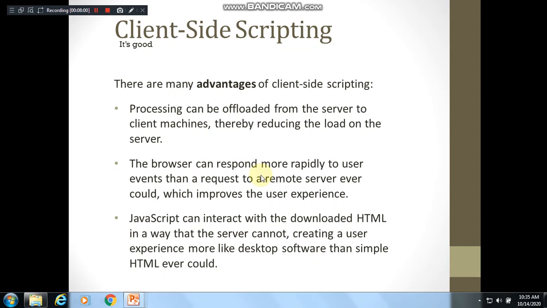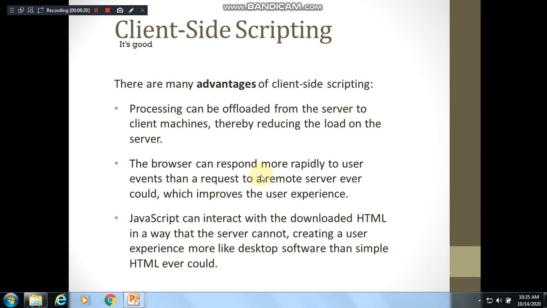The browser can respond faster than getting the request fulfilled by the server, because it did not have to transfer the whole logic, rather the output is getting executed in the browser's window itself. That is the major advantage.